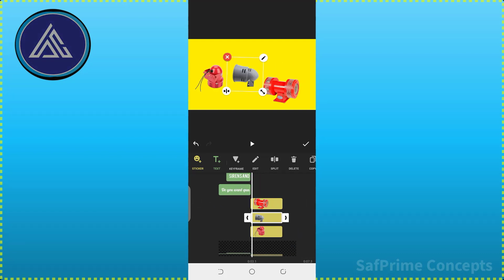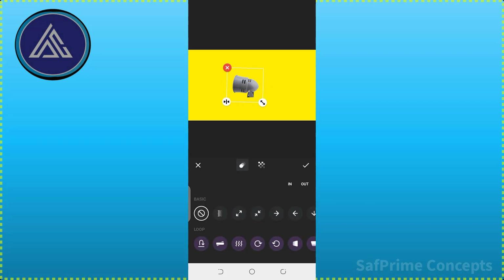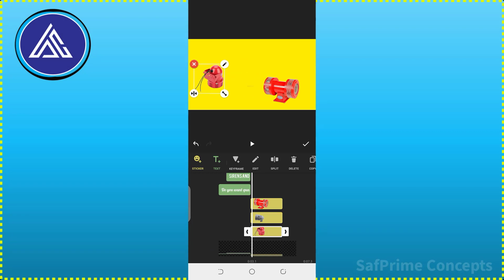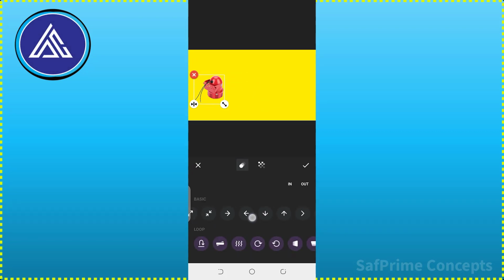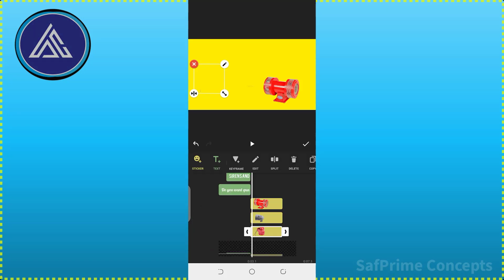Now let's see how we can add animation to the pictures. You know how to import a picture as well. It's the same thing. So let's take the highlighted one, click on edit. So let me see. This one is too fast, so let me select the app. Okay, you click on the max and the next picture. I've told you to use the same animation so that people will not be bored. Make sure you check this to slow it down. And the last one,